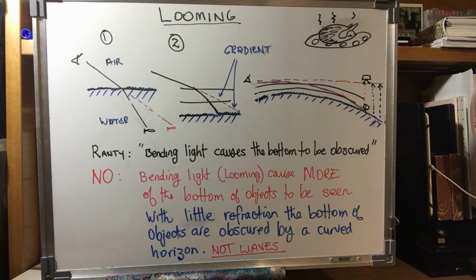They are not. There's no way that waves would be large enough to obscure those rigs the way that you see them. You can actually see the waves at the surface. They're actually quite small, and on a very, very clear, calm day, this is still exactly the same. In other words, the rigs will still be over the curve if it's a calm day and there's not much wind and there's not much moisture in the air to cause this marked refraction and therefore the looming.